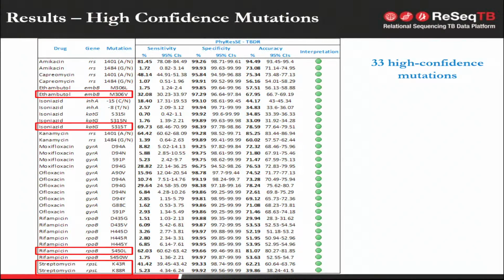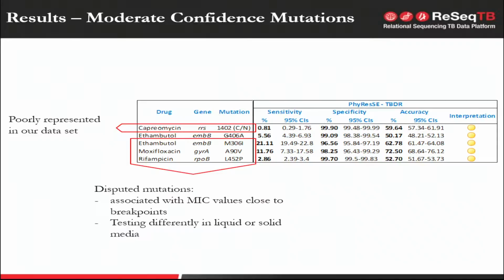For each mutation, we have the sensitivity, the specificity, and the accuracy, and I just highlighted a few of them to make some examples. We have the 315 for the isoniazid, the 531 for RPOB, and so this is really what we expect to have in the high confidence list of mutations. Then we have a few moderate confidence mutations, and here we start to see some less represented mutations, and